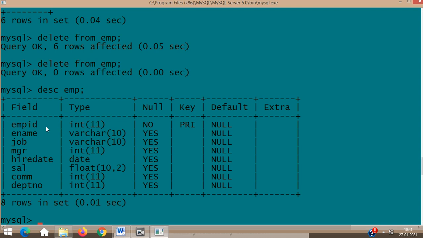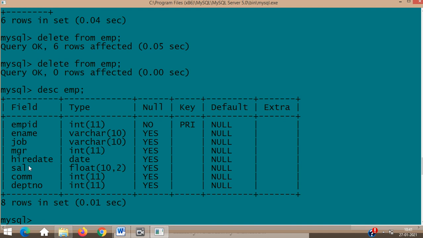See, EMPID can become a primary key. Again, one more term: is there any other particular value which can become one? No, other is nothing, because ENAME can be repeated, job can be repeated. This is MGR, which is another number only. Maybe this can become a primary key, capable of becoming a primary key. In that case, EMPID and MGR can become the candidate keys. Others are all repeated. So delete is to be carefully done.